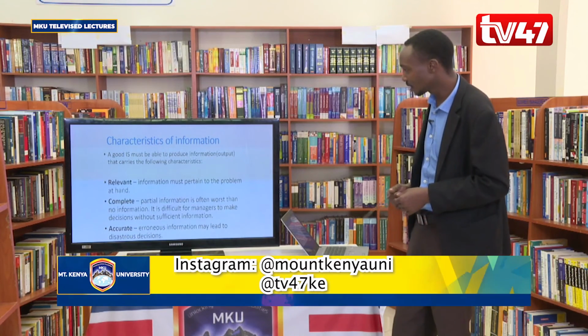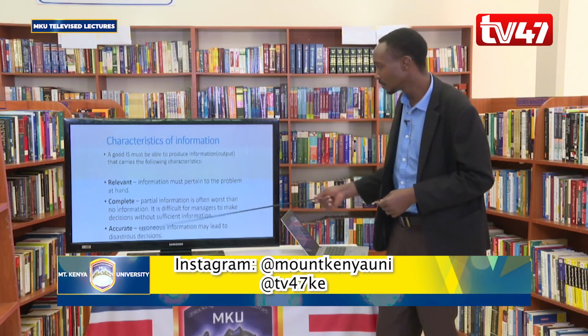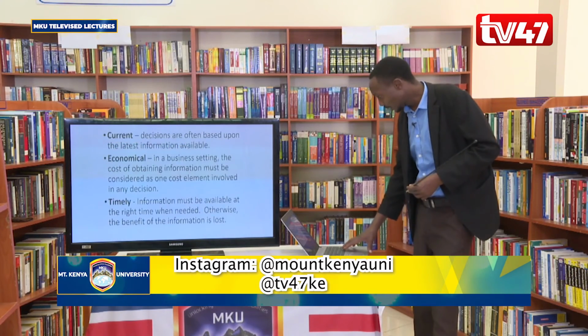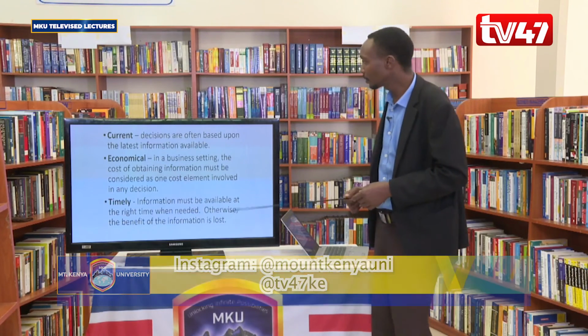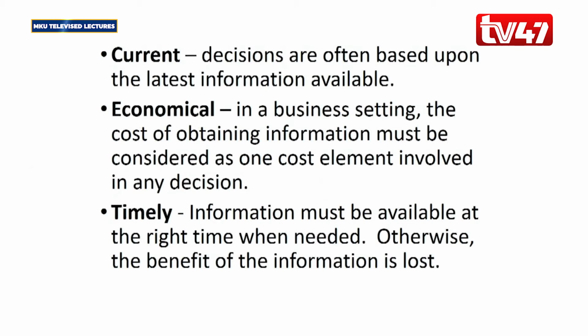If it is at the strategic level, then you can make long-term disastrous decisions. Again, the information that we get from the information systems should be current. So decisions are often based upon the latest information available. There is no need of giving users information that is not current. It's important to give users information that is current to that particular time and period. So if we are talking about 2020, of course you need to give out information about 2020 and not 2015, so that users can make decisions based on that particular